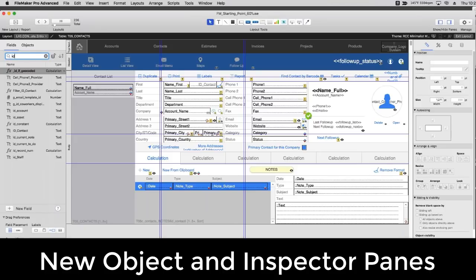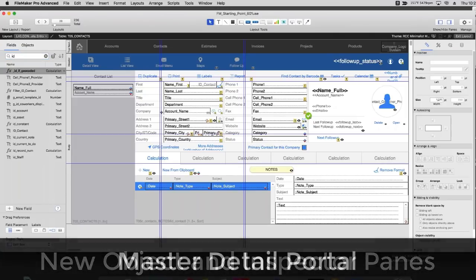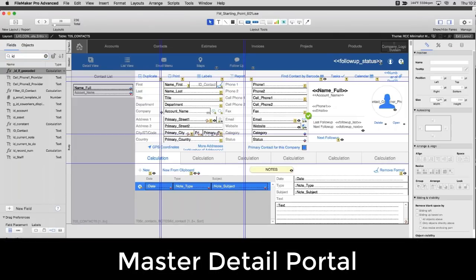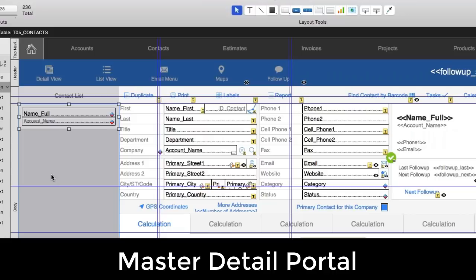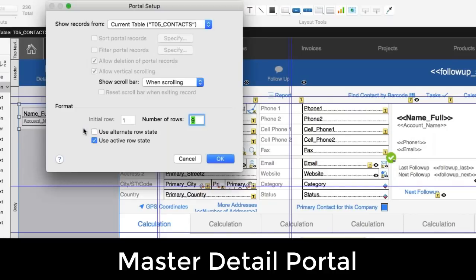So that's the first thing. FileMaker effectively has a new object on the layout. They don't really call it a different object. They call it a portal, and we've always had portals. But what it is, is a portal with an additional option on it. And what this is, if I double click the portal over here, if I can bring it up,